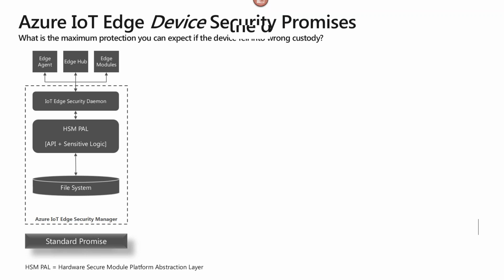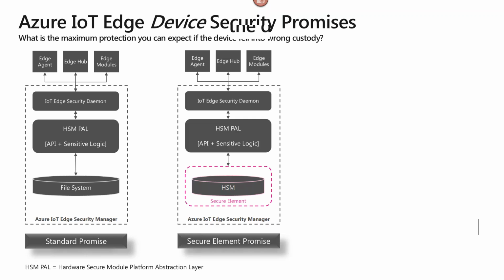The promise you can make on those devices is heavily tied to what the device itself was built with. In many cases, for example, older devices don't have anything like a TPM, don't have any concept of secure enclaves, secure environments. Edge can do as much as you can to secure the device. Maybe you can install or instantiate a software firmware-based TPM on these devices. Edge will help simplify that process for you, but ultimately you're tied to whatever that brownfield device can support. Edge will work on these devices just fine.